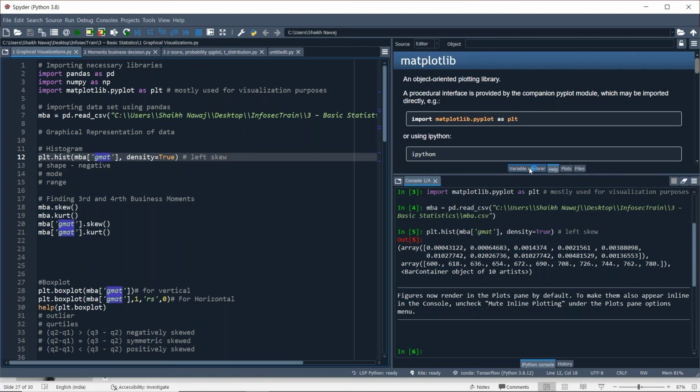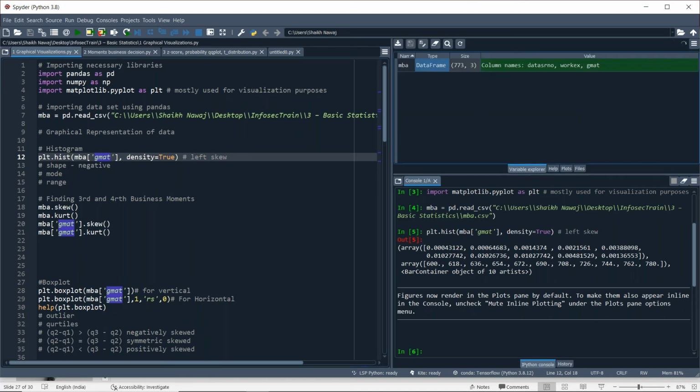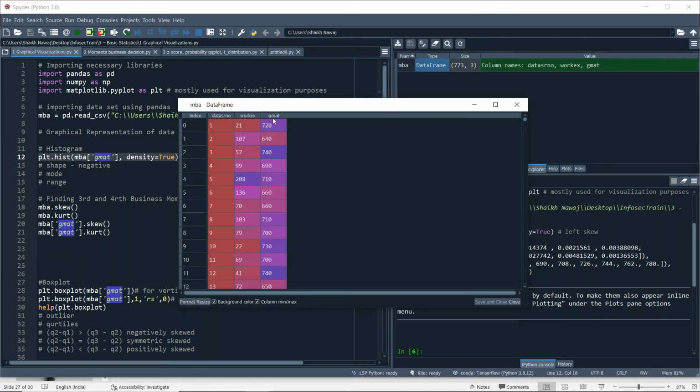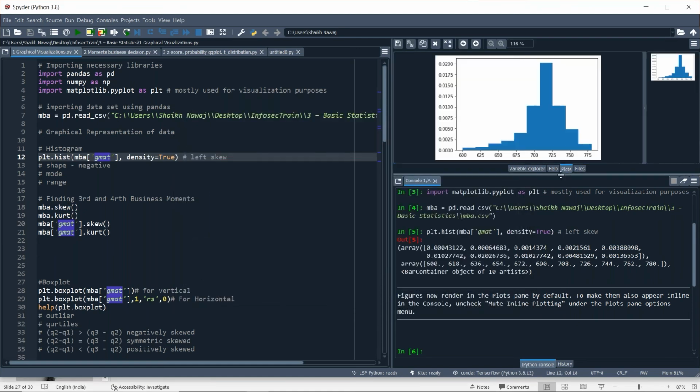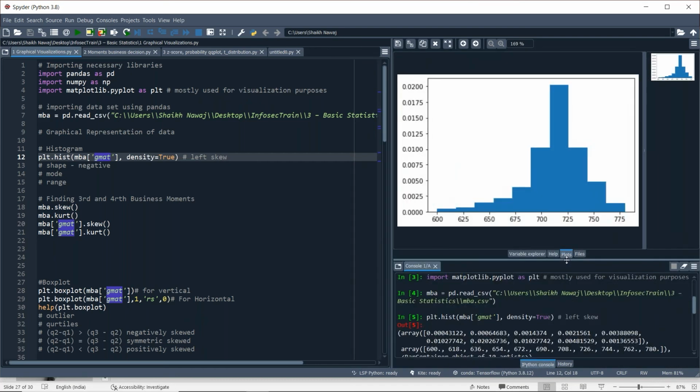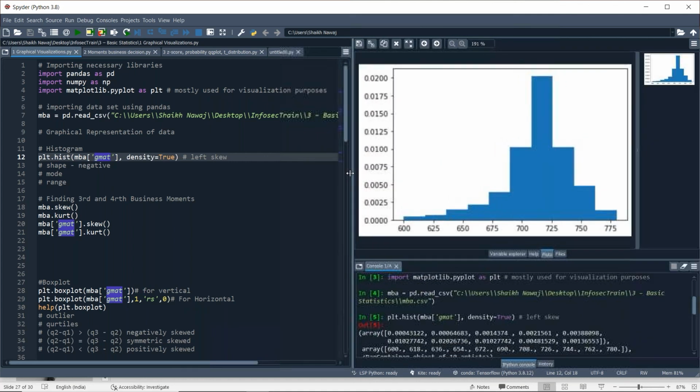This is your GMAT column, and we are finding the histogram of this column. Here this is the simple plot of the GMAT score.